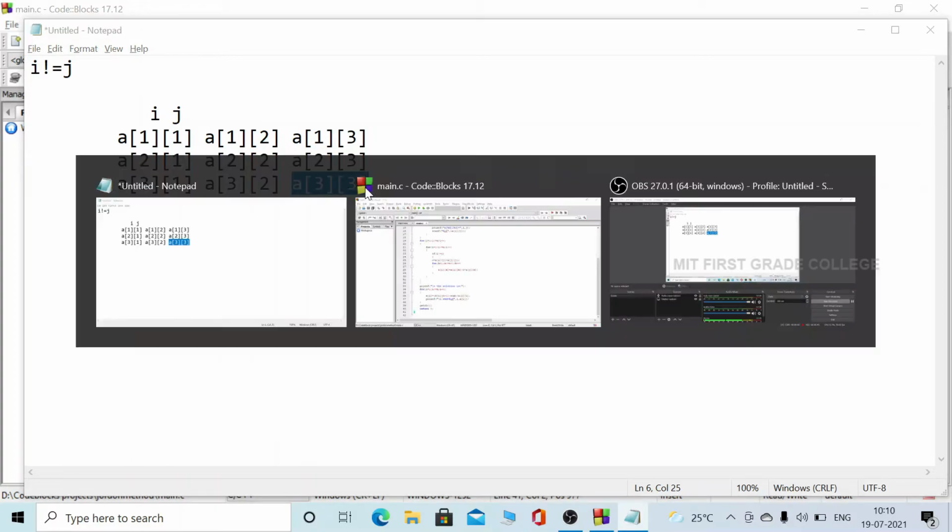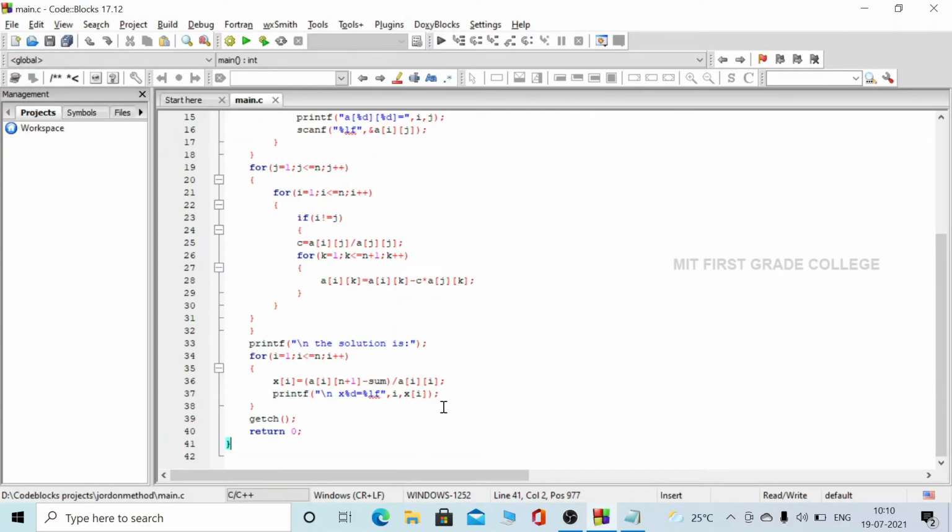This is how we will be printing the values. So we are using a of i, n plus 1 minus sum, divided by a of ii, stored in x of i, so this for loop will run until i is less than or equal to n, that is we have to get 3 outputs, x1, x2 and x3. Till then this statement is executed, and it comes out of the loop and the solution is printed.